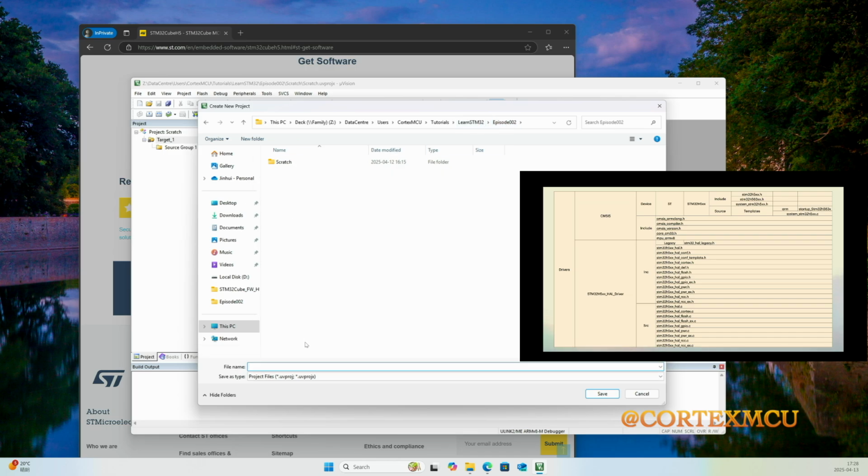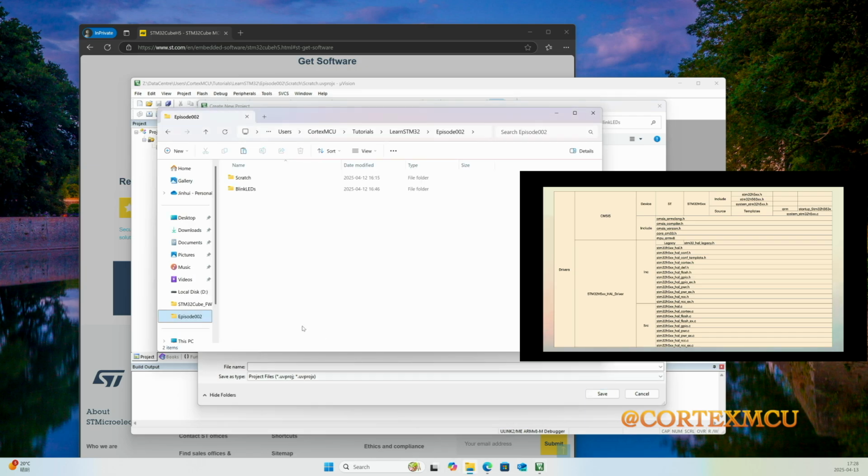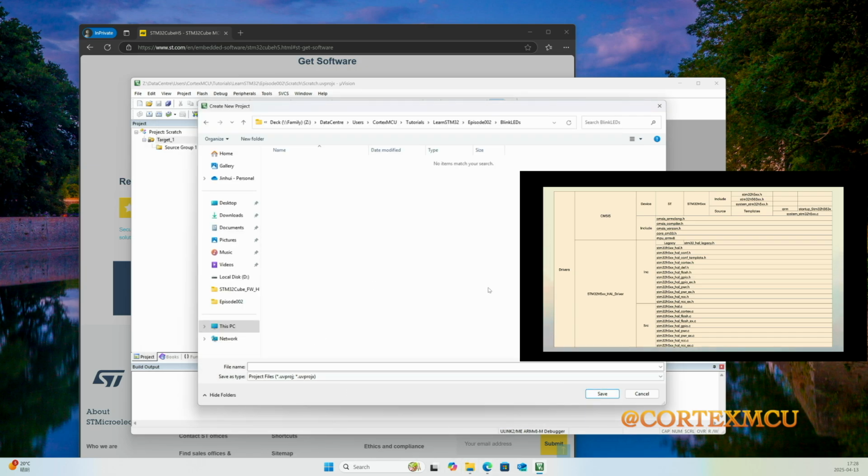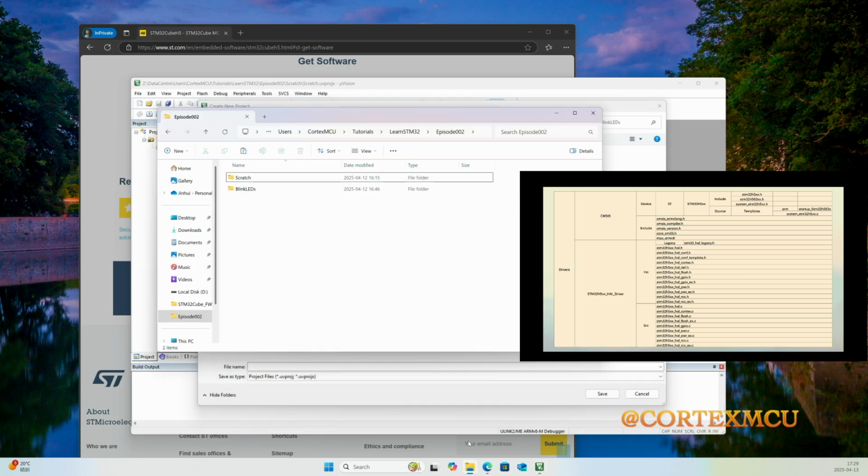Okay. Let's name the project. I'm going to create a new folder. You can use the project we have created in the last episode. So here, I'm going to create a new one. Okay? Name of the project, Blink LEDs. Okay? Just copy the driver from the cherry-picked folder. Copy, go back,